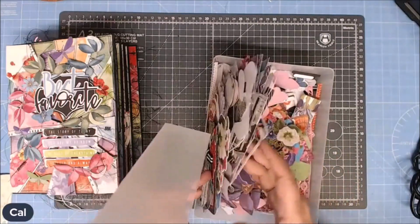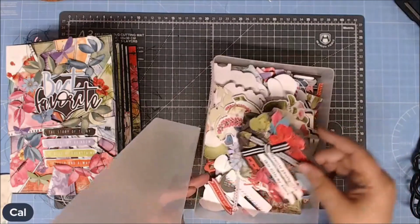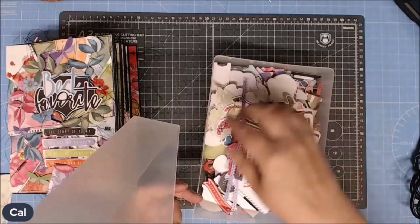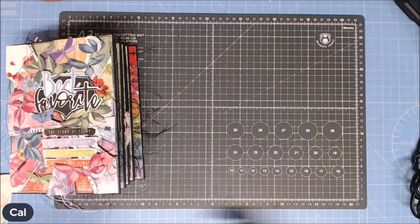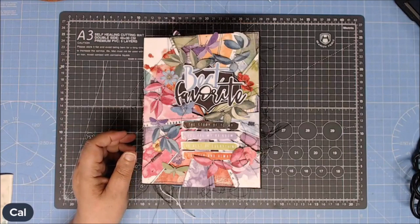So there's bits of my Spectrum Sherbet in there as well. There was one of the clusters that I was talking to you about. But I've used all sorts of bits, and I've just got so much left for so many other projects, so that's really exciting. So what I'm going to do now is I'm going to talk you through how I decorated